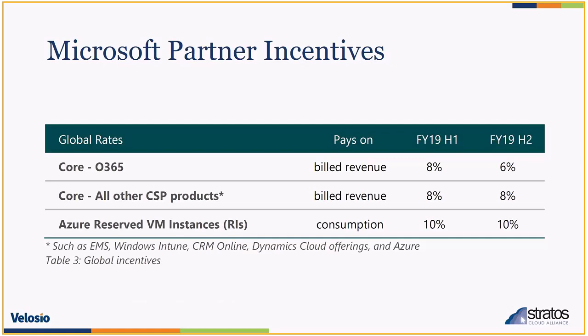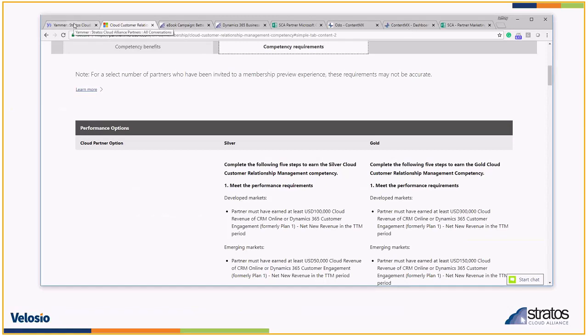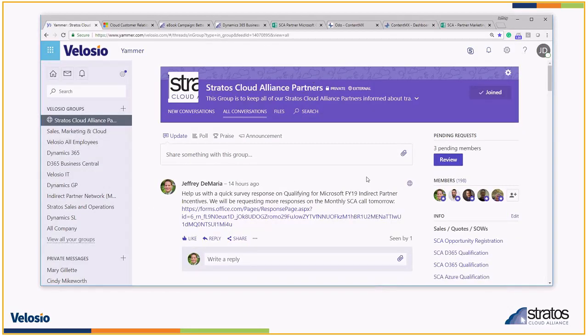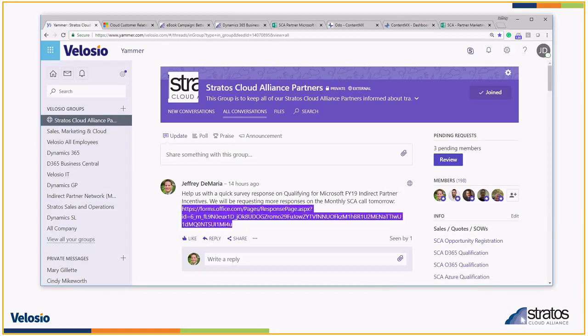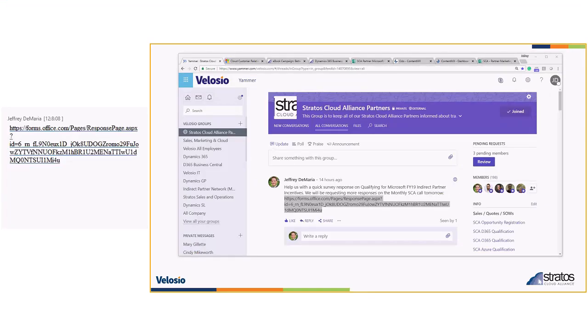So to do that, we manage a lot of our partner communications and information through our Yammer site. When we go to our Yammer site, we just did a quick post, and there's actually a link here that it'd be great if everyone could fill out, because we're taking a survey on if our partners do qualify for these promotions, as we're trying to build out additional programs to help drive profitability for your business. I just added the form that I hope you can respond to through a survey poll, and we're going to take this information and try to develop additional programs to help make you more successful.